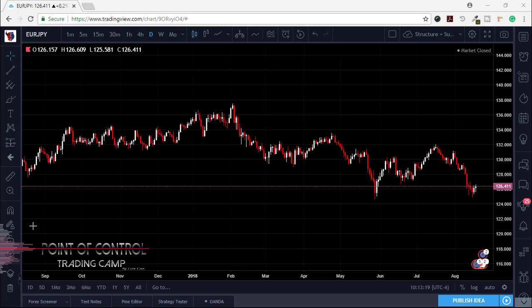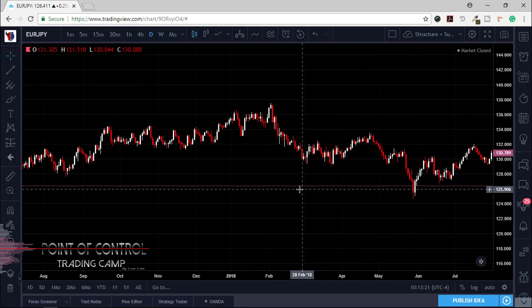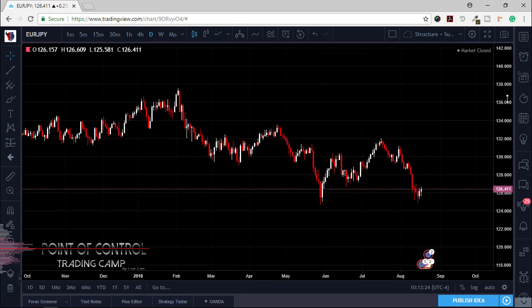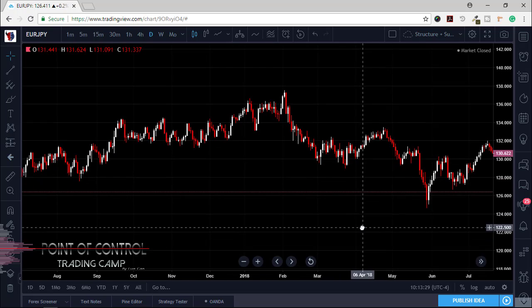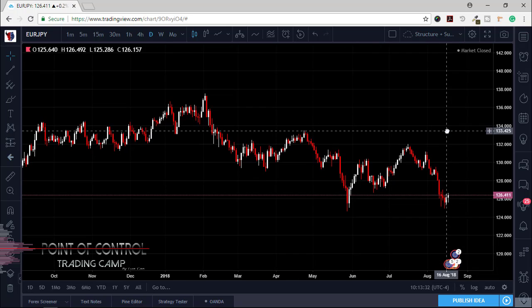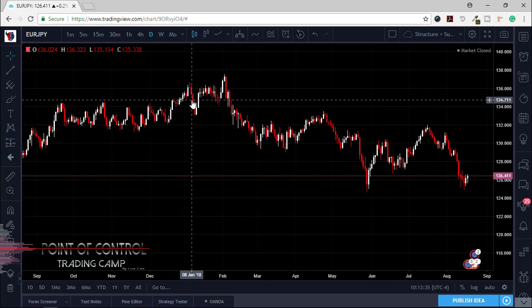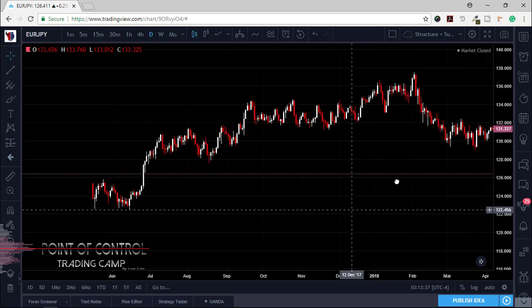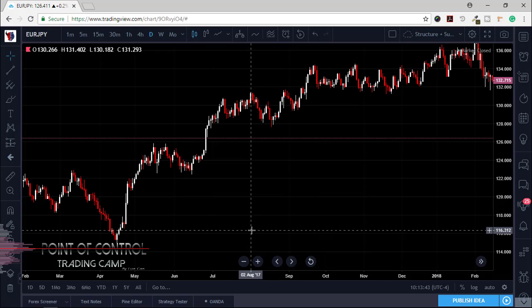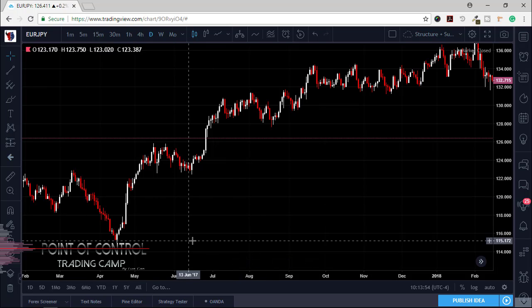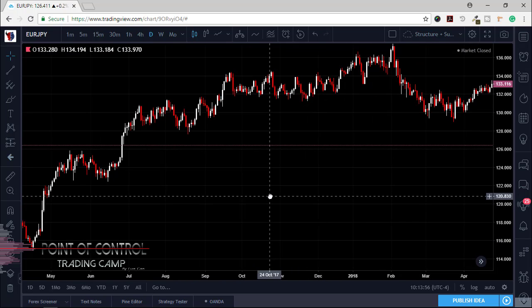Now, you can very easily go and start looking for highs and lows and identify support and resistance areas or supply and demand areas. However, there is a better way to identify exactly the points of control where the market either goes into a range or accumulation period, or reverses from a previous trend, or perhaps it continues or is about to continue in a trend direction.